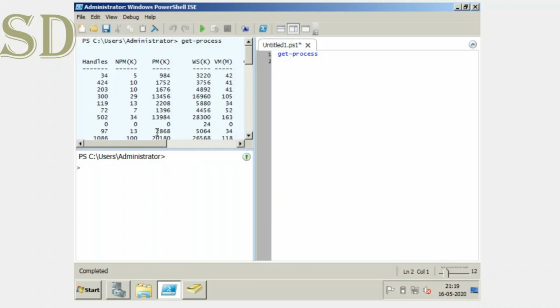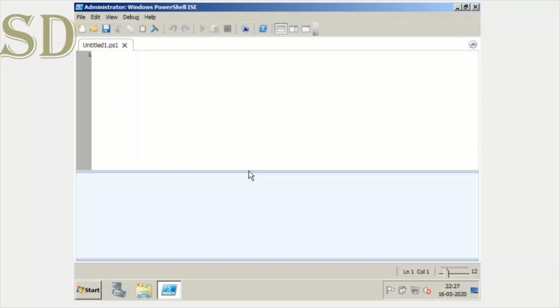So we will start with Get-ADUser, which is the most basic, most common command in PowerShell. We will use it multiple times in the future. This Get-ADUser, if I run this command, it will show me the user accounts in my server. So let's see what it shows when I try to run this.